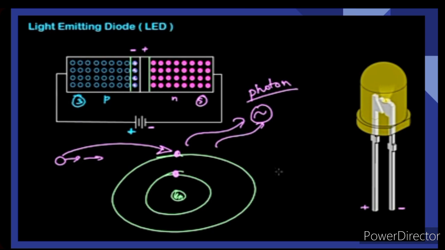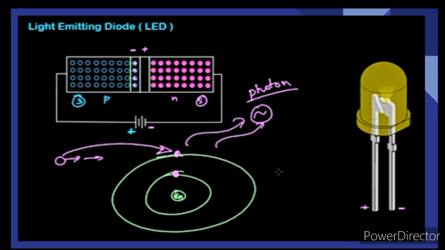Some of the charge carriers from the P side and N side will cross the PN junction before they recombine in the depletion region. For example, some free electrons from the N-type semiconductor cross the PN junction and recombine with holes in the P-type semiconductor. In a similar way, holes from the P-type semiconductor cross the PN junction and recombine with the free electrons in the N-type semiconductor. Thus, recombination takes place in the depletion region as well as in the P-type and N-type semiconductor.